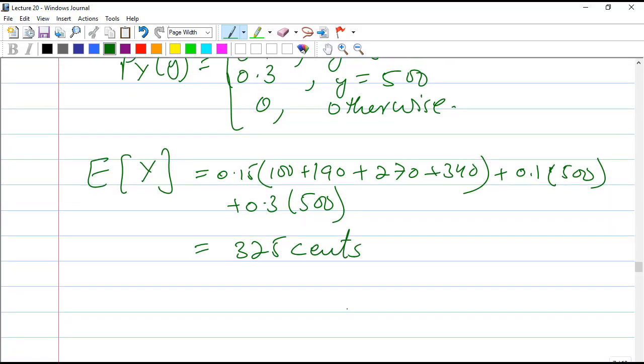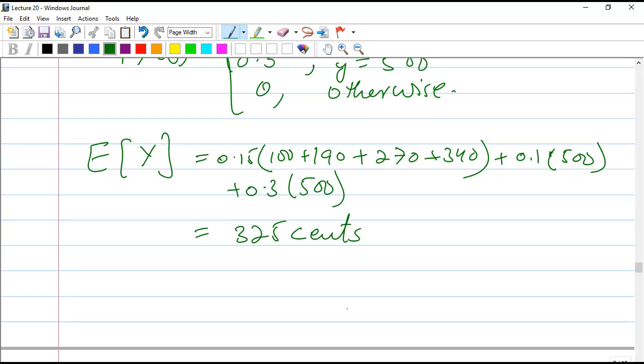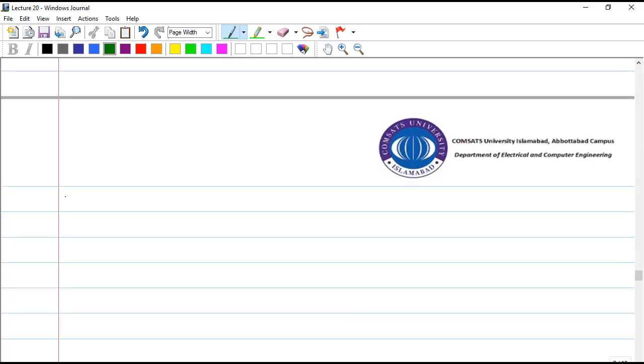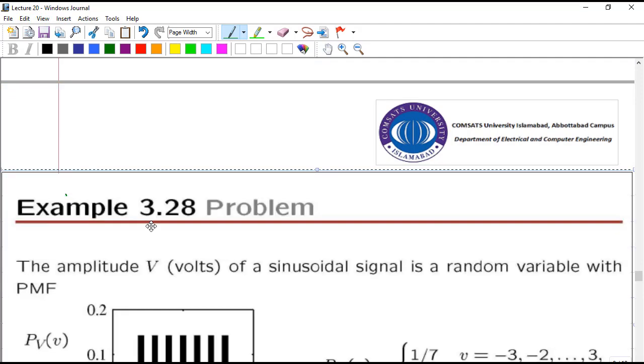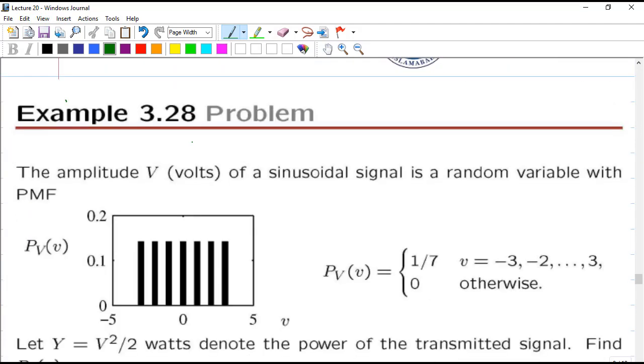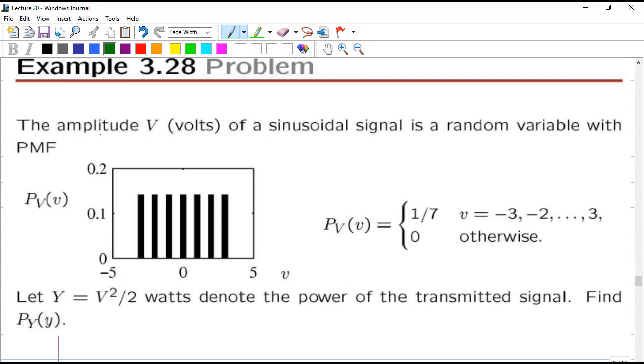Let's see another scenario for finding the PMF of the derived random variable. So let's copy it from the book here. This is example 3.28. It says that the amplitude V volts of a sinusoidal signal is a random variable with PMF. So we have given this PMF which is uniform